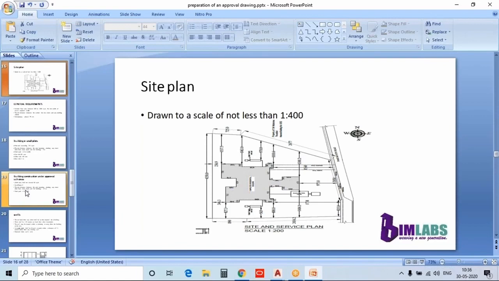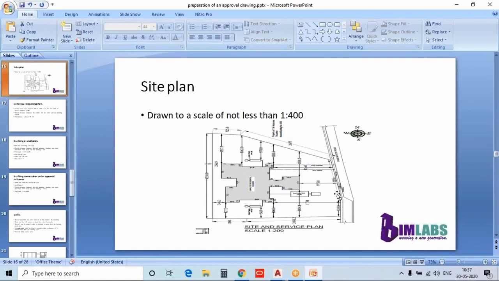I think you can see that the front access road is shown here. That is, on your site plan, you have to include the position of the site in relation to the neighboring street. Okay, and also you have to mention the width of that road and the name of that road. If any, you have to include on the site plan the name of such street and its width.